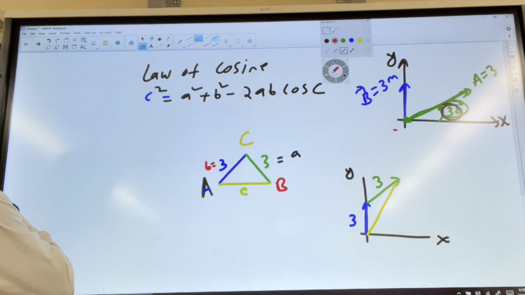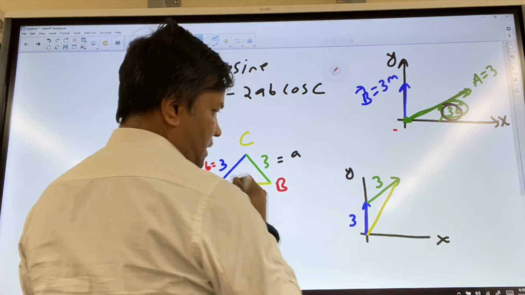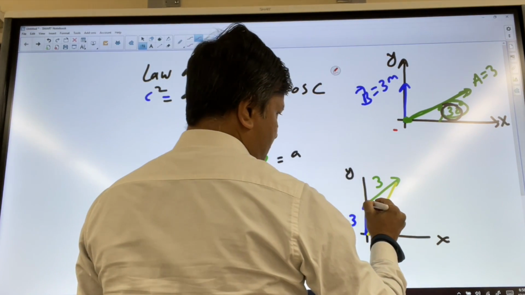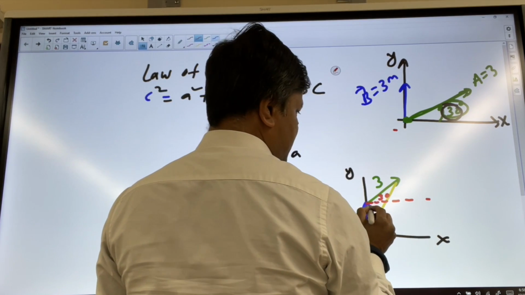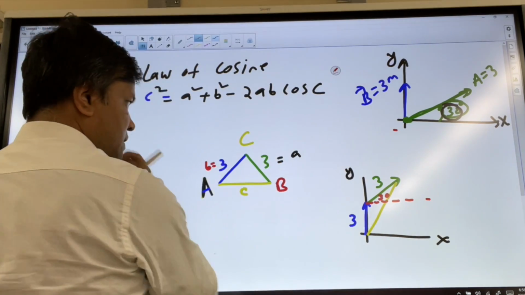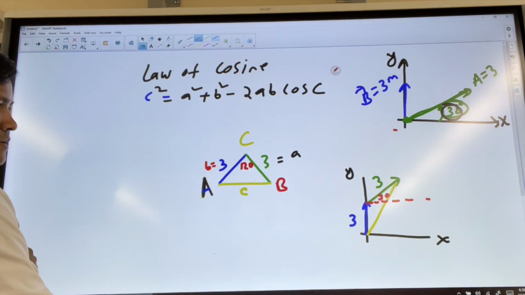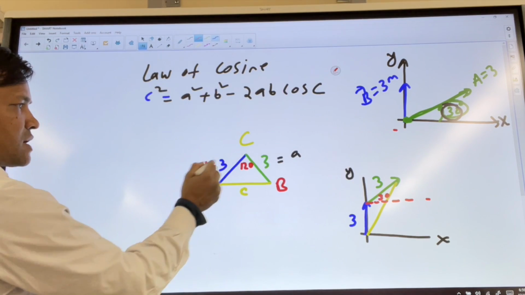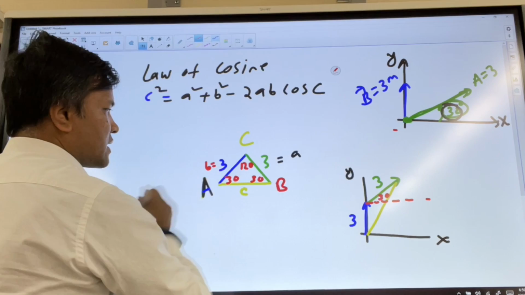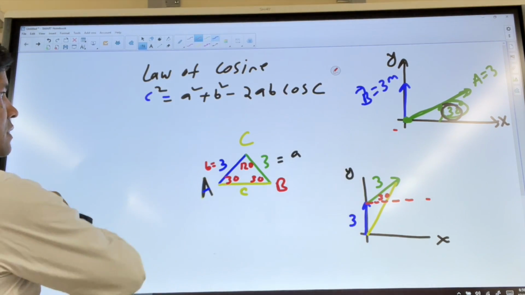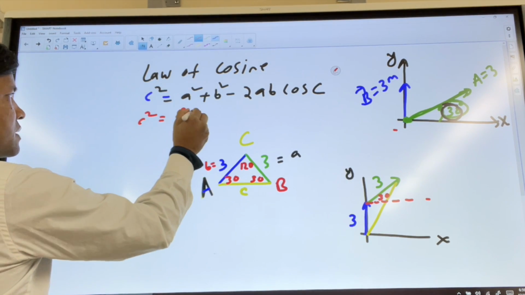All right, so now we know this angle. What is this angle? This is 30 degrees and this is 90 degrees, so 30 and 90 is 120. So this is 120. And these two angles have to be the same because this is isosceles, so this is 30 and this is 30. Okay, so the law of cosines is c squared is a squared, 3 squared, plus b squared, 3 squared,